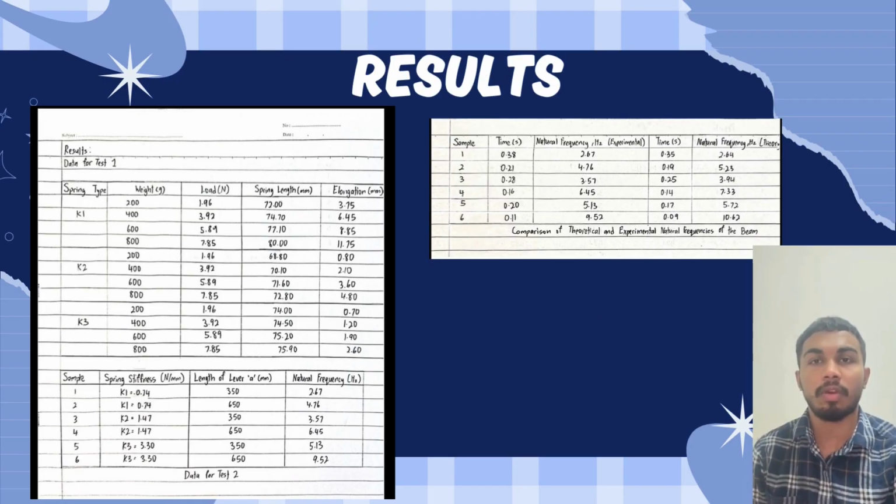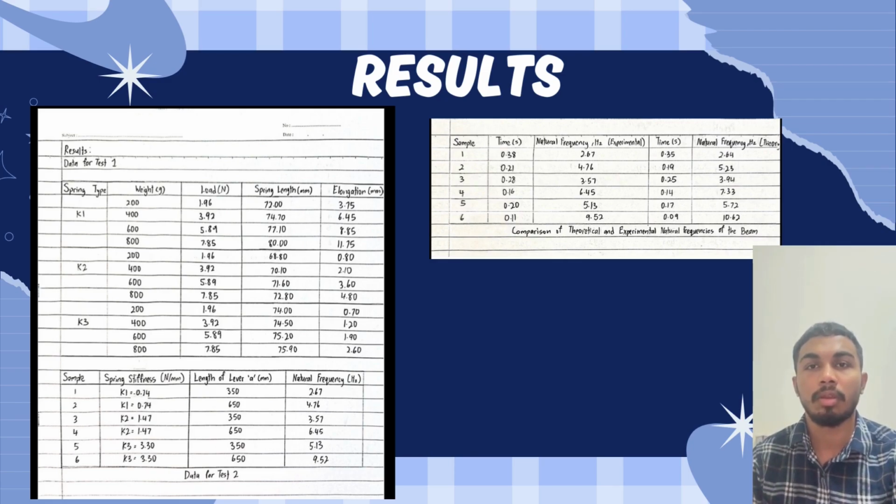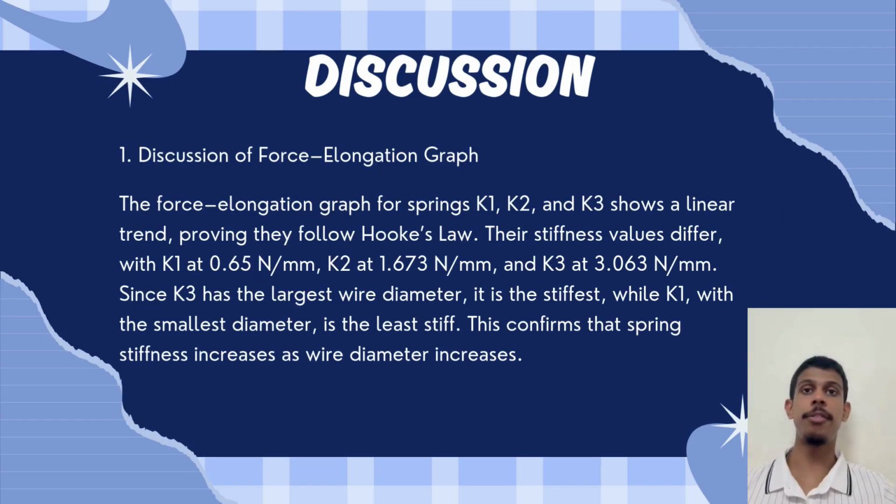As you can see, we have attached the data we obtained from this experiment, and there's the result from the calculation that we obtained, and there's a table that shows all the data there. Thank you. The force elongation plot for springs K1, K2 and K3 in figure 3 shows that all 3 springs